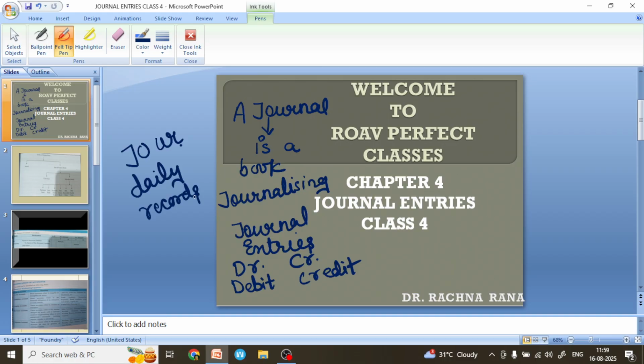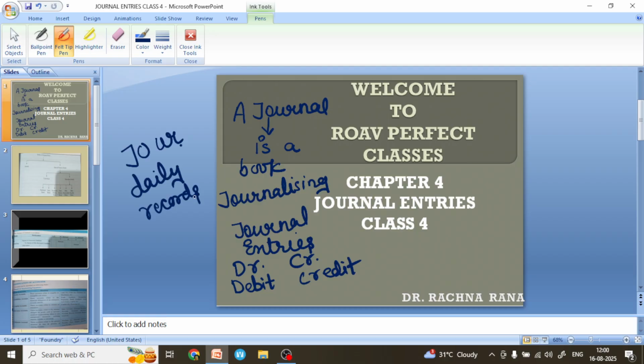column, and after that write the name of the account to be credited in the next line, starting with TO, and the amount to be credited in the credit amount column. And after that we have to write a brief explanation of the transaction as a narration, and it will be written by starting with the word BEING, and after that draw a line across the entire particulars column to separate one journal entry from another.